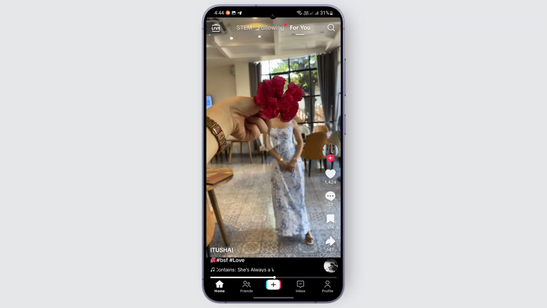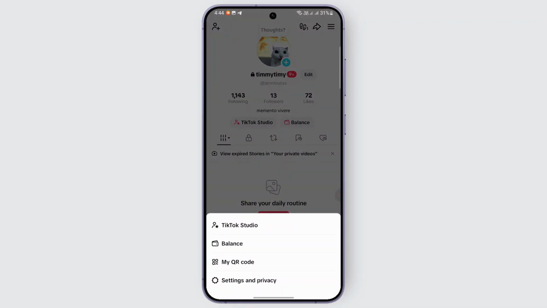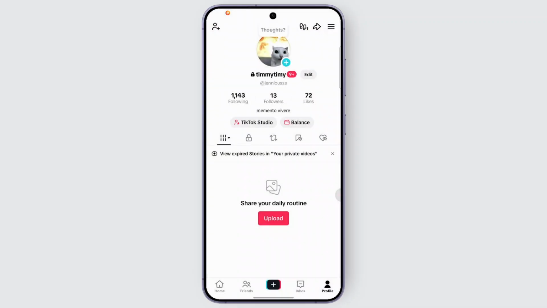So in order to look out for your comments history, look out for your profile icon in the bottom right first, tap on it, and then once you tap on it, it will lead you to your profile. Now from here, head over to the menu at the top right corner, tap on it, and a menu appears on your screen. Now from the given options, look for the option of settings and privacy, tap on it, and